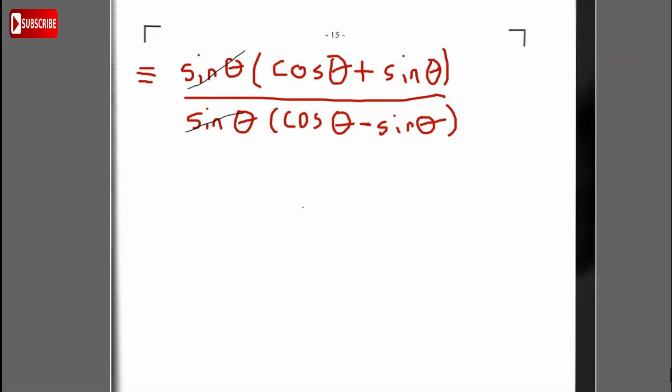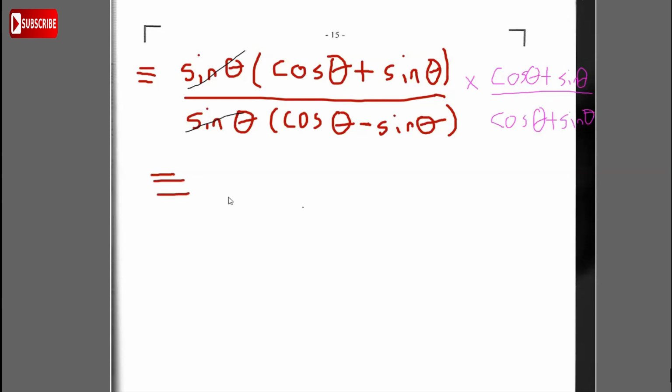So what we're going to do to get that now is we're going to multiply this now by the conjugate of the denominator, which is cos theta plus sine theta. So we're going to multiply the numerator and the denominator by cos theta plus sine theta. When you multiply the numerator by cos theta plus sine theta, you notice that it's going to be a square in the numerator and the difference of 2 square in the denominator. So it's a perfect square in the numerator. So it's going to become